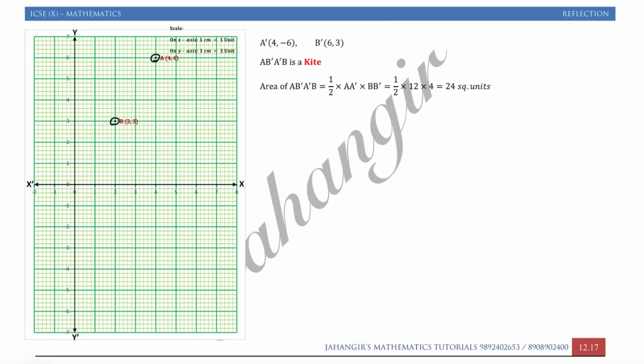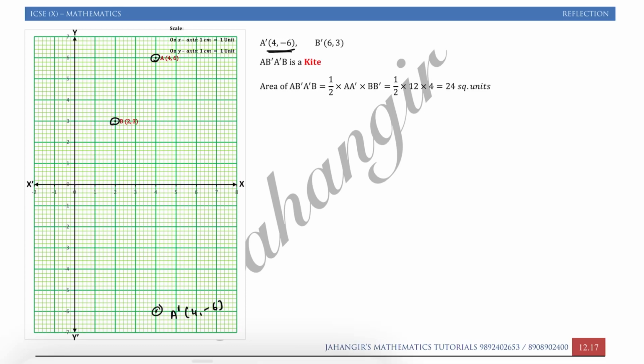Find the image of A when reflected in the x-axis. A' is the image of A when reflected in the x-axis. If you see, there are 6 blocks over here, so I have to go 6 blocks down. The image of A will be this, or you can easily say it is (4, 6), so I just need to change the y coordinate. It will become (4, -6). So I can write A' that is (4, -6). You have to write the A' coordinate on the answer paper.